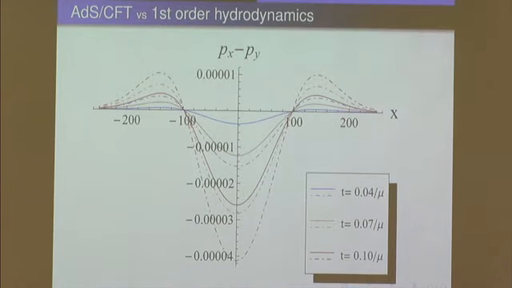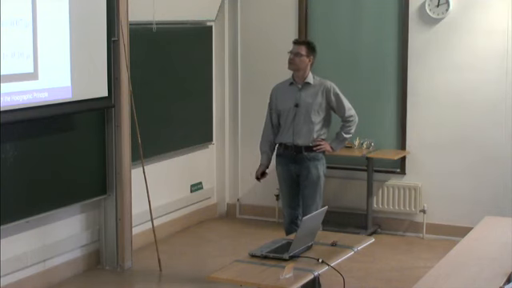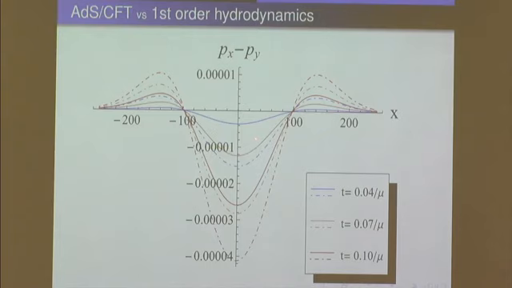Now, on the other hand, if you want to compare with hydrodynamics, first you could check the anisotropy given by the first order hydro formula versus the numbers that you get from the AdS/CFT calculation. You find that the matching is rather poor, though qualitatively it's okay; the curves have a similar shape. Again, the solid curves come from the AdS/CFT, and the dashed curves come from hydro. But the quantitative matching is rather poor and becomes worse as time progresses.